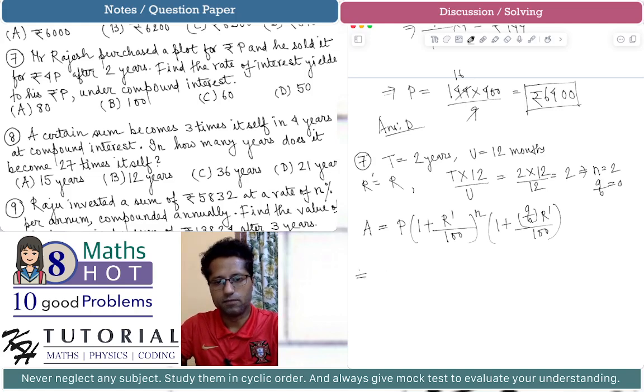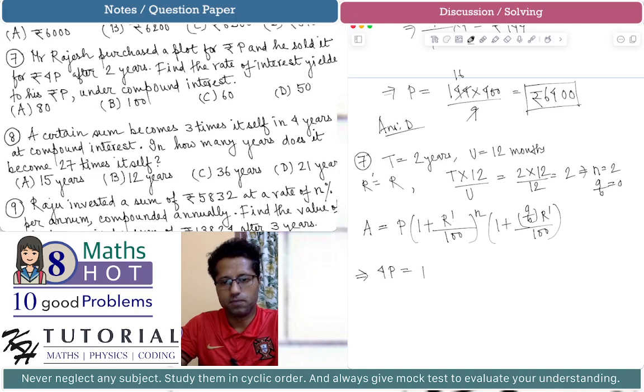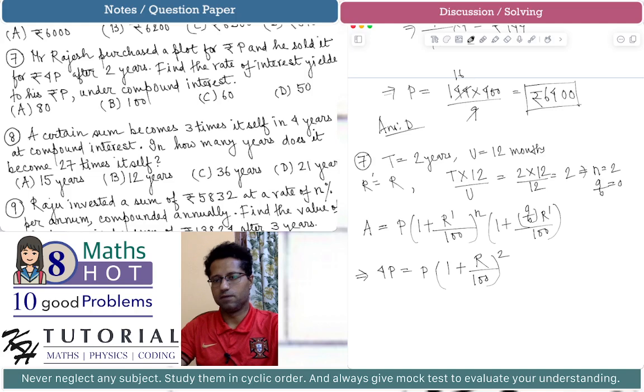as per the given information in the problem, the amount is rupees 4P. So we have 4P is equal to P, and R' is equal to R, which we don't know. We have to find the rate of interest. So let's say it is R by 100, and the n we know is 2, and since the fraction a by b is equal to 0, this part becomes